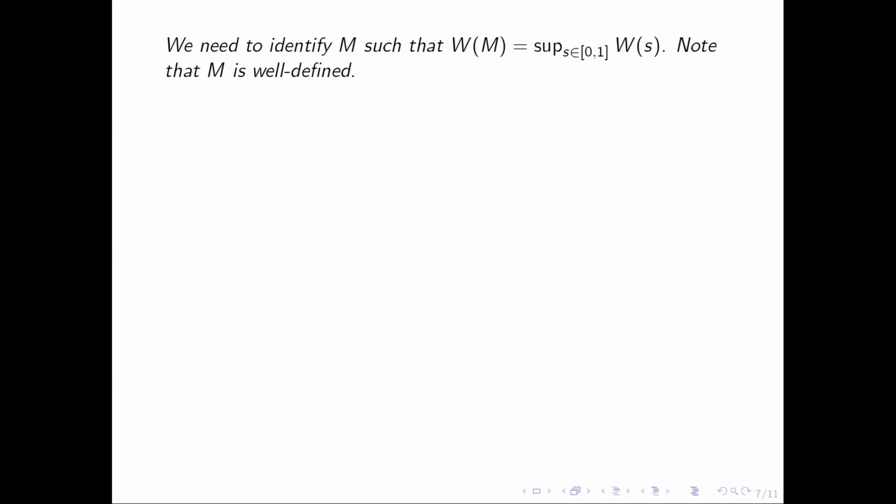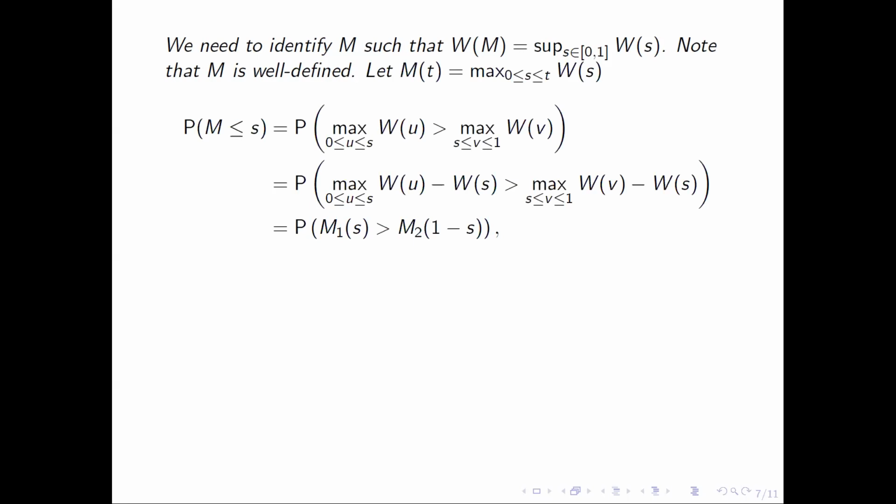So because you have this local, the fact I said that locally you cannot have a supremum at 2 points. So what happens is, now let us denote by M_T the supremum of the Brownian motion from 0 to t. So this is the moving maximum. Now let us look at M less than or equal to S. So what are you doing?